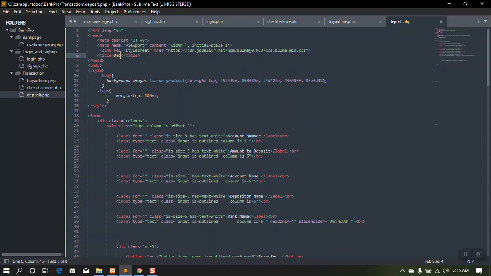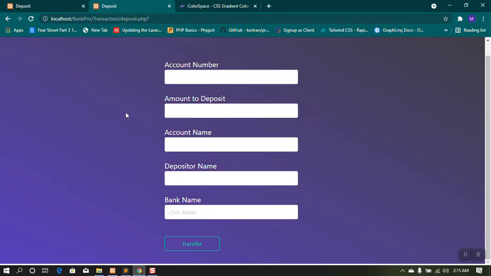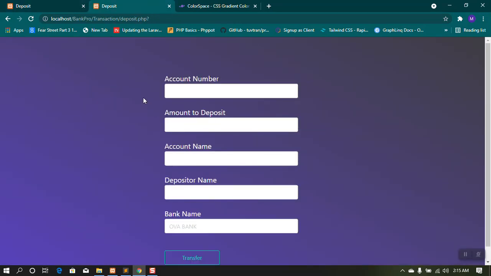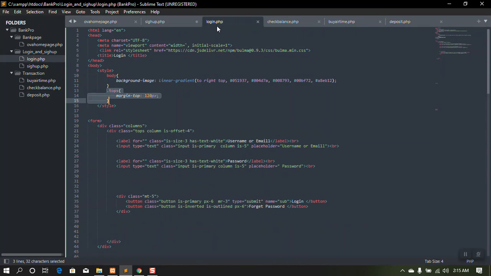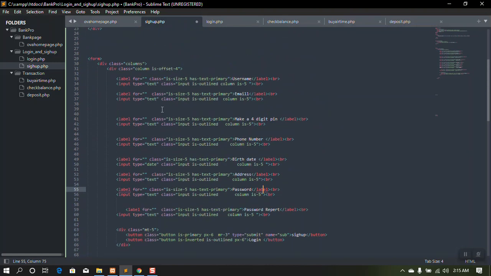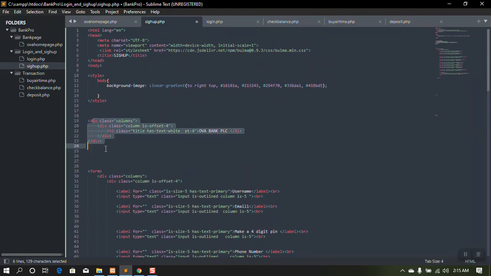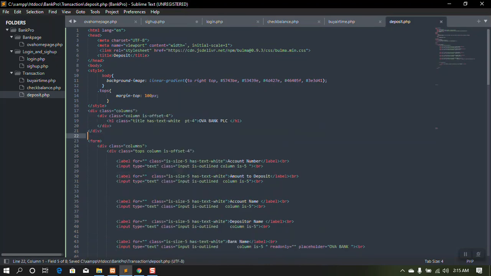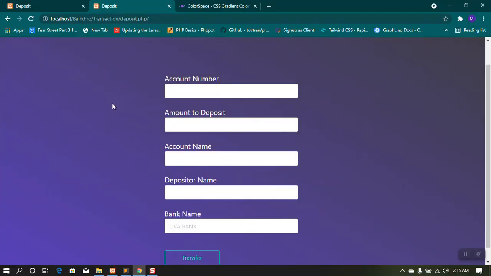Call it deposit. Yeah, I think this is quite okay. So we have this Overbank PLC there, so let's have it there. Is it on sign up? Oh yeah, we have it here on sign up. Let's copy that. Let's paste that there. Then boom,